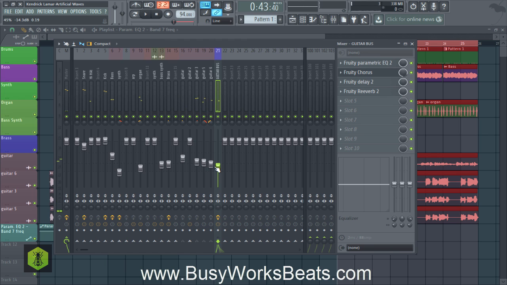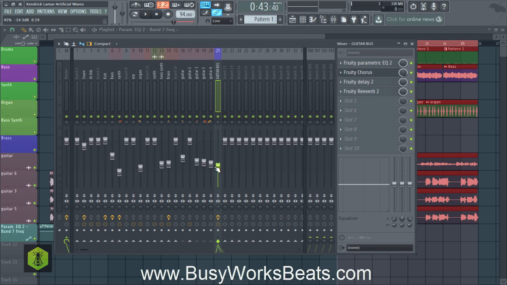Because what we have in mixing is called dynamic range. There's a lot of movement and a lot of things are trying to catch your attention. The guitars are moving up and down. The organ has its own swing. The drums have their own swing. With all of that stuff having its own kind of rhythm and groove, it takes away from the groove of the drums. So you want to give as much attention to your drums as possible.